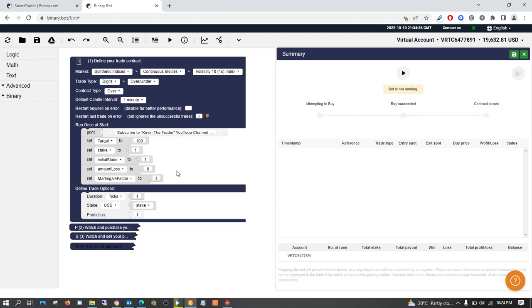When it loses, it will go to $5. And this bot can lose even twice in a row. I'm trying to find for you a bot that has fewer losses in a row, so that you can grow your small account to a bigger account.